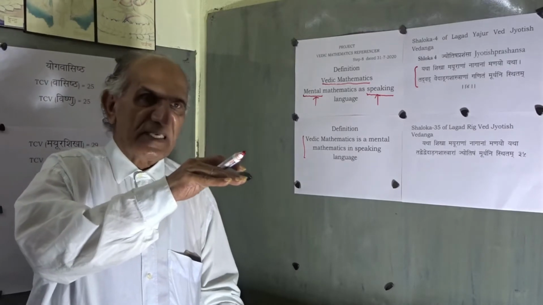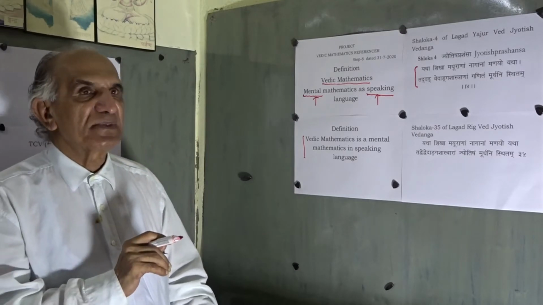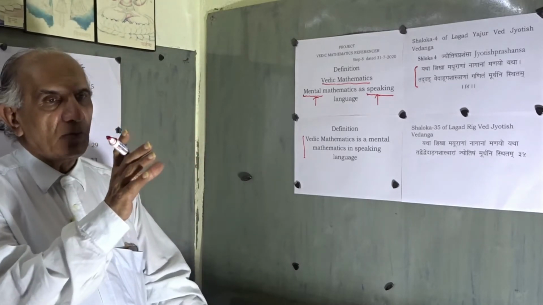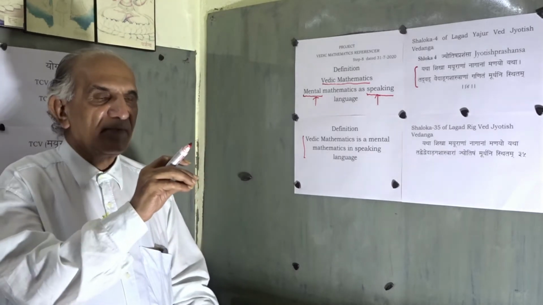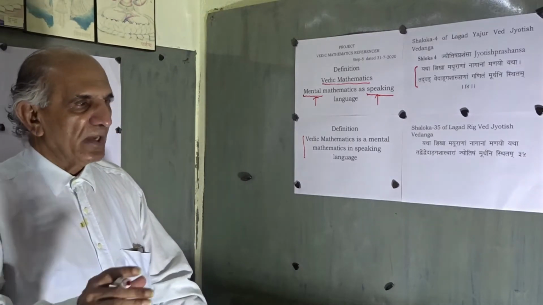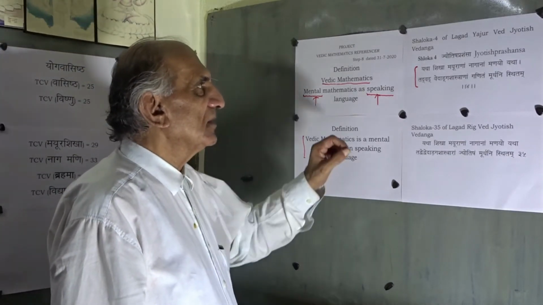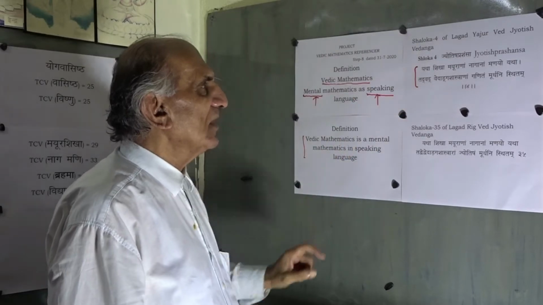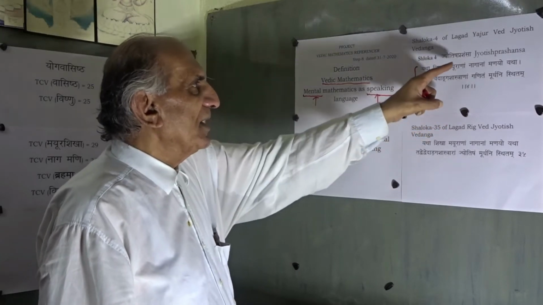We have received the Vedas in a composed form as a speaking language system. The entire range of knowledge, the whole domain of values, including Vedic mathematics, has been transformed into a speaking language. Today I am going to demonstrate it in terms of concrete shlokas. Shloka 4 of Lagad Yajurved Vedang is designated as Jyotish Prashansha, the praise of Jyotish,